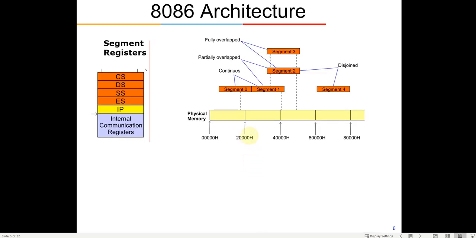Now also, it is not that all these segments are totally isolated. Here one example is given. One segment gets over here, the other is starting from here. You can also have overlapped sections. These two segments, if you see, are slightly overlapped. This one is fully overlapped. And this is totally disjoint. So you can arrange anything like this, depending on what code you give.